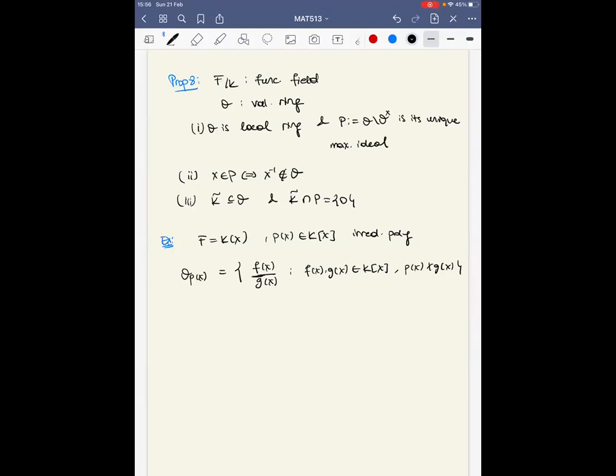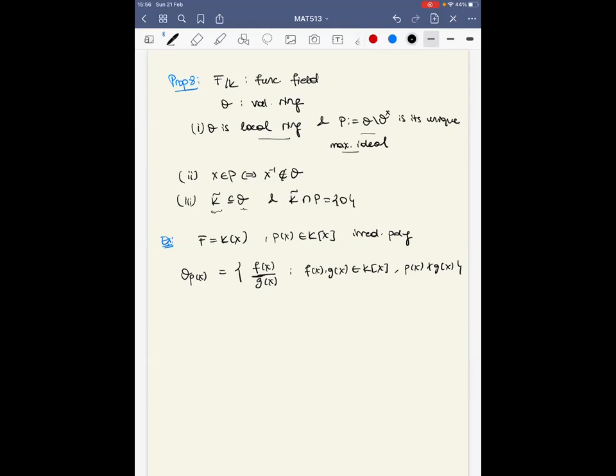Hi everyone. At the end of the first lecture, we proved that in a given algebraic function field, the evaluation ring is also a local ring. That means it has a unique maximal ideal P. And we see that x is in P if and only if x inverse is not in O, only by using the definition of the valuation ring O. And we have also seen that the evaluation ring contains the full constant field